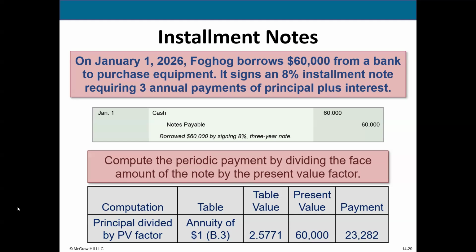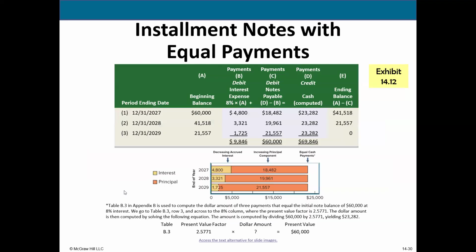So yeah, I'm sorry, to calculate that amount, I don't know why I didn't say this earlier. To calculate that 23,282, we're going to take the face value 60,000 and divide that by the factor, which in this case is 2.5771. All right. So when we figured out how much our payments are going to be,